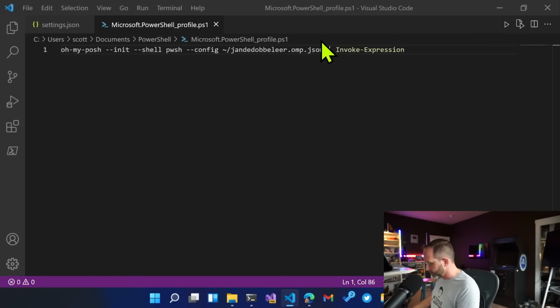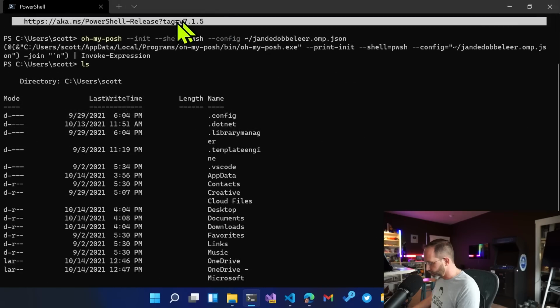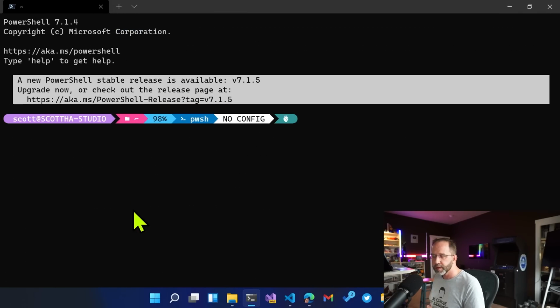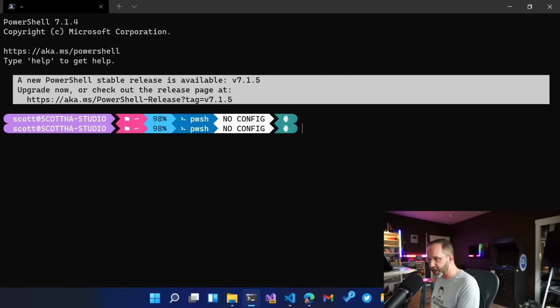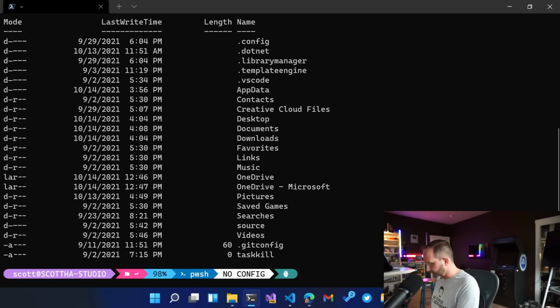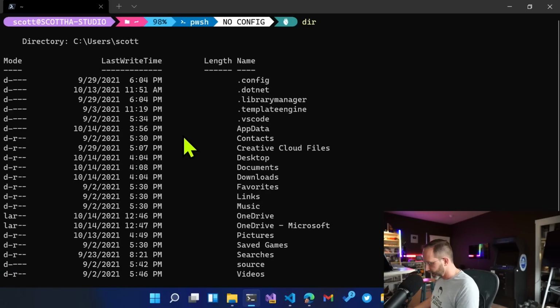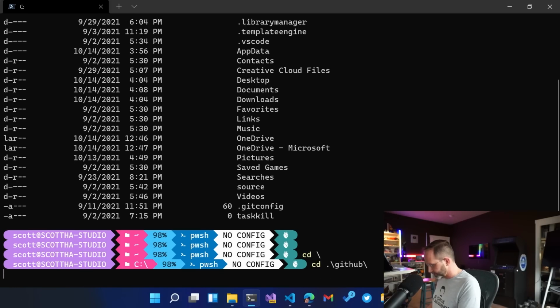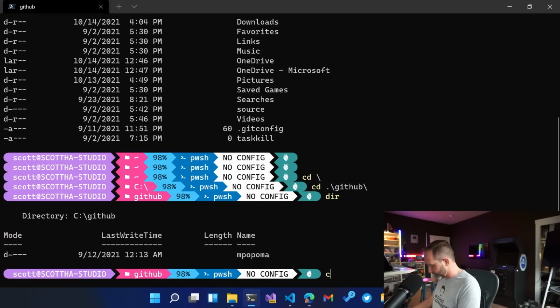So now I come back to my PowerShell and I open a new one. Look, now we've got that lovely prompt. Every time I push enter, that prompt updates. But it's not customized, and it's still telling me stuff I don't need, like the name of the computer, my battery life, that there's no config. I want it to look a little bit more interesting. Additionally, I might have a GitHub folder, and let's go and actually grab